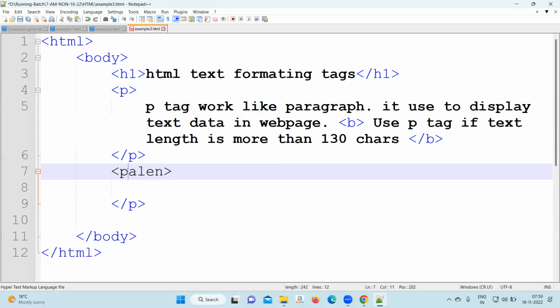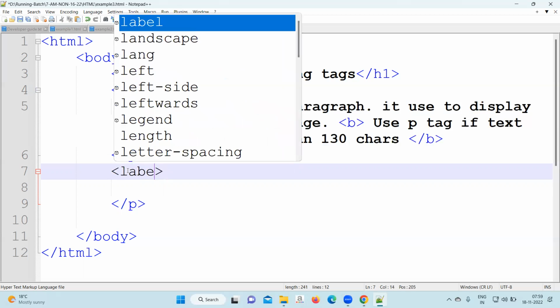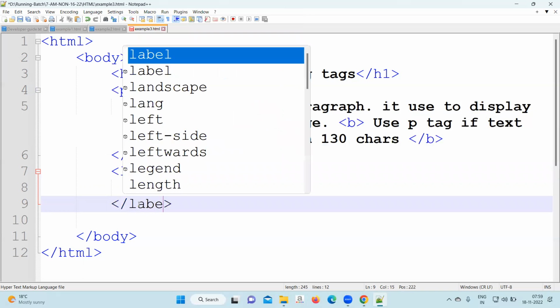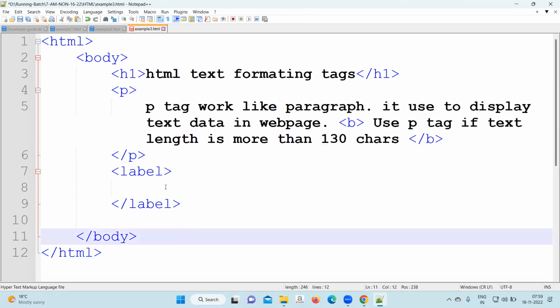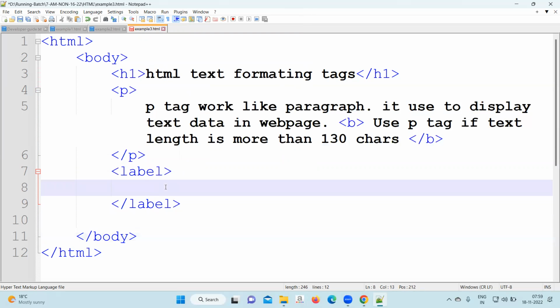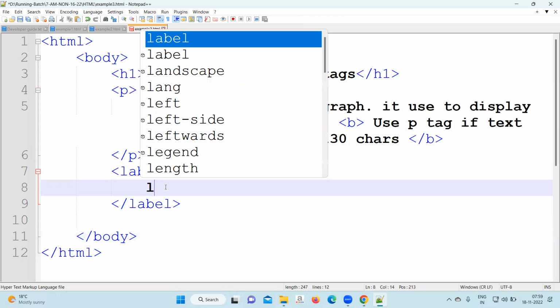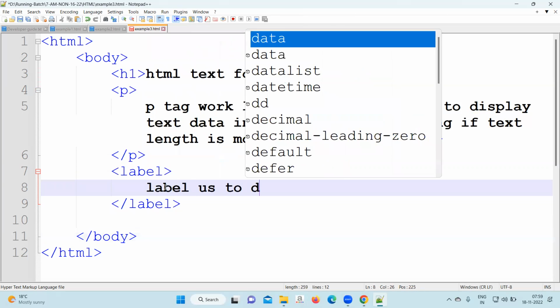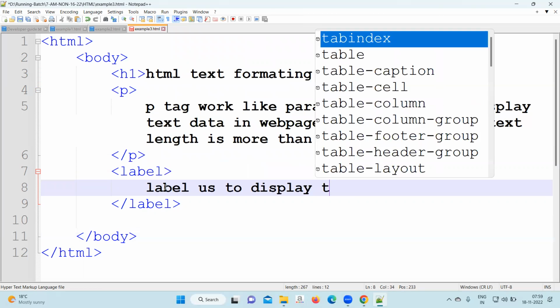Label tag open, label tag close. Under the label tag, we will write: label used to display text data,